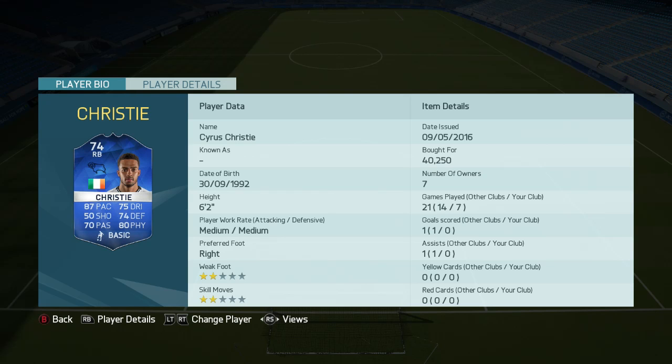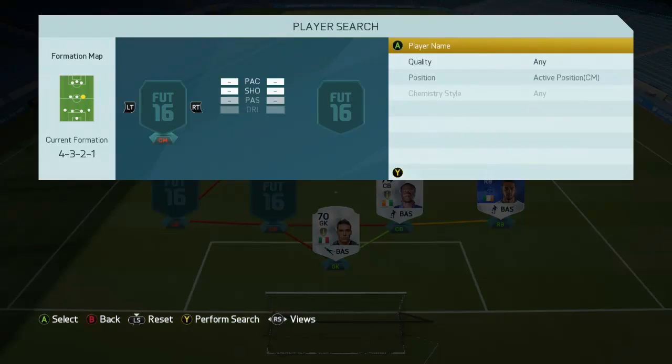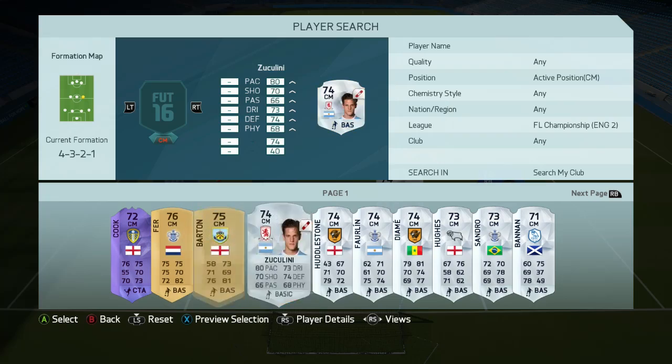He's 6'2", which is phenomenal. Good pace, good physical, good all-round stats, to be honest. Cost me just over 40k. Not too sure what his price is going to be at the moment. But the next Championship player we've got in here is a centre mid, and it's actually going to be Diame,